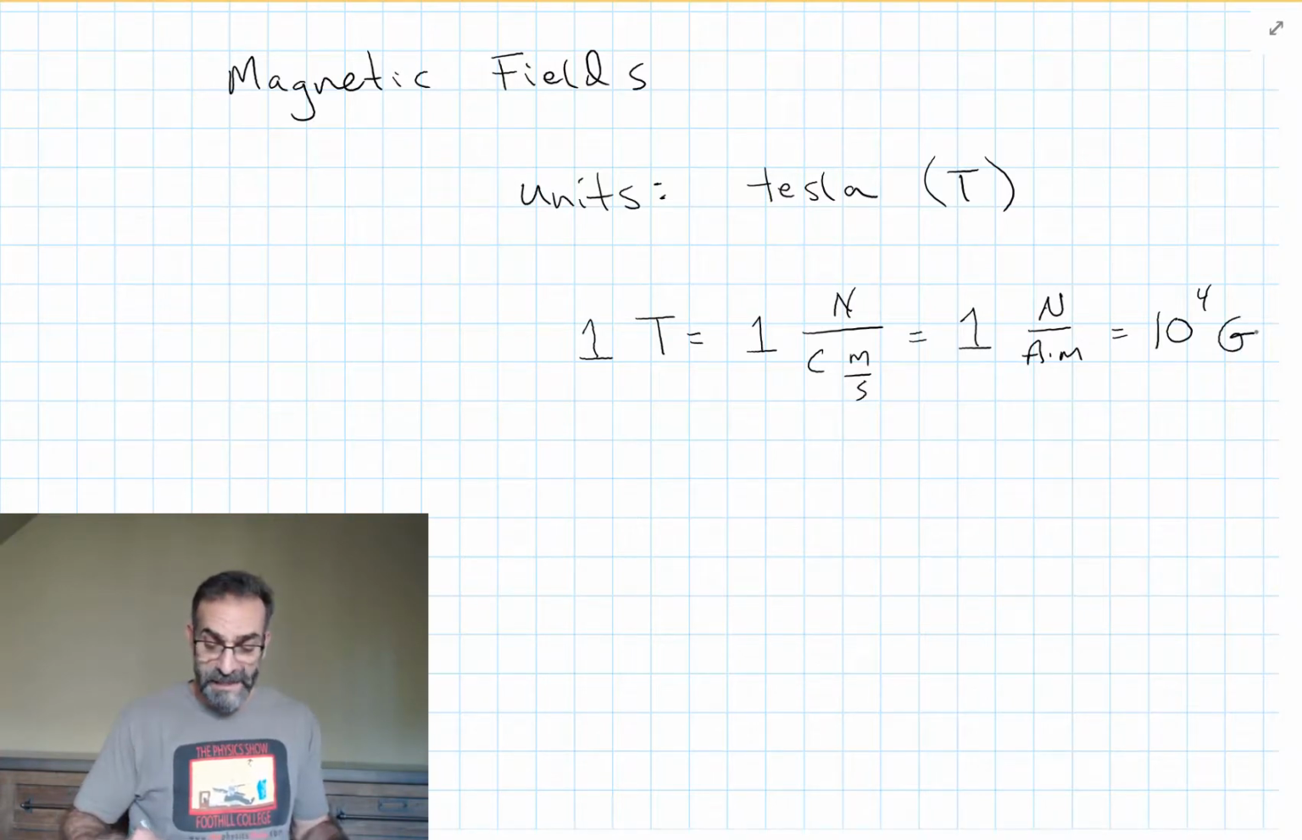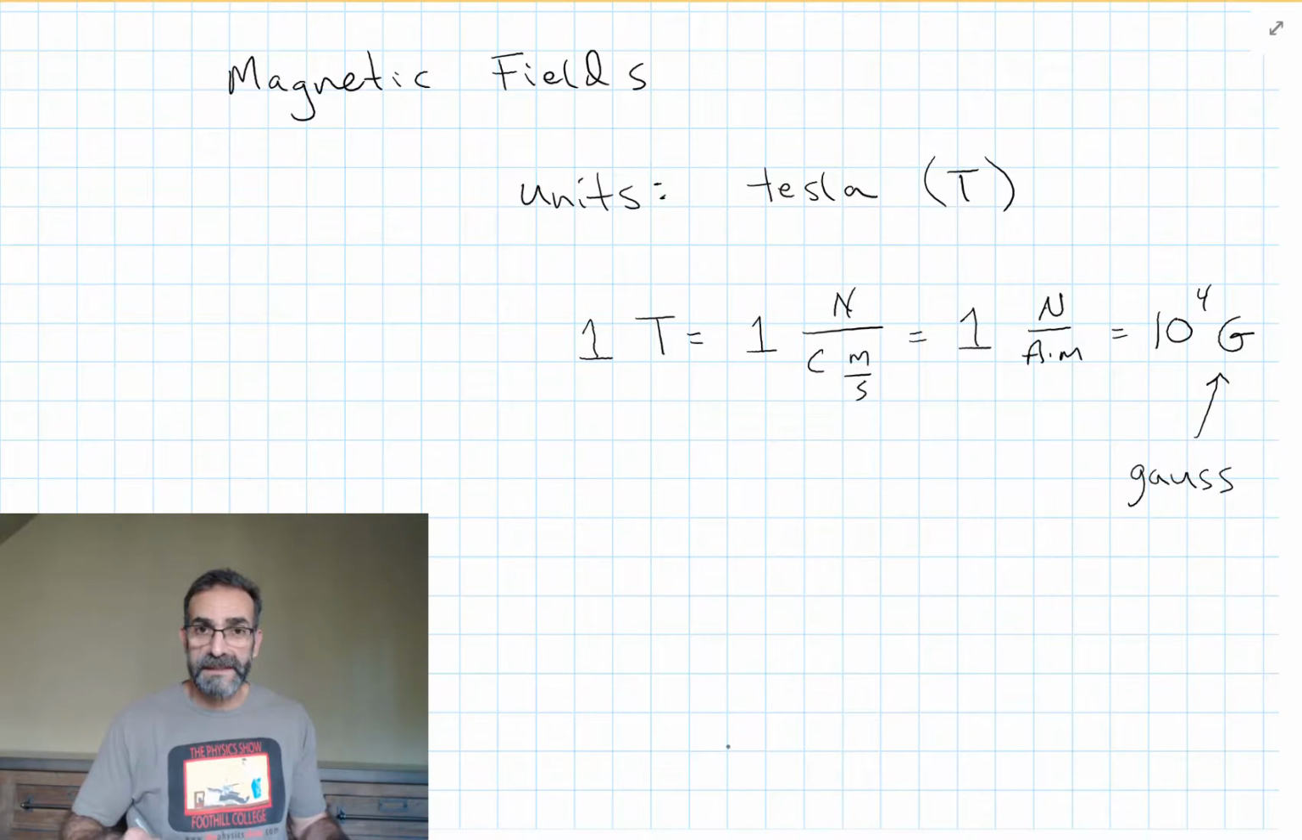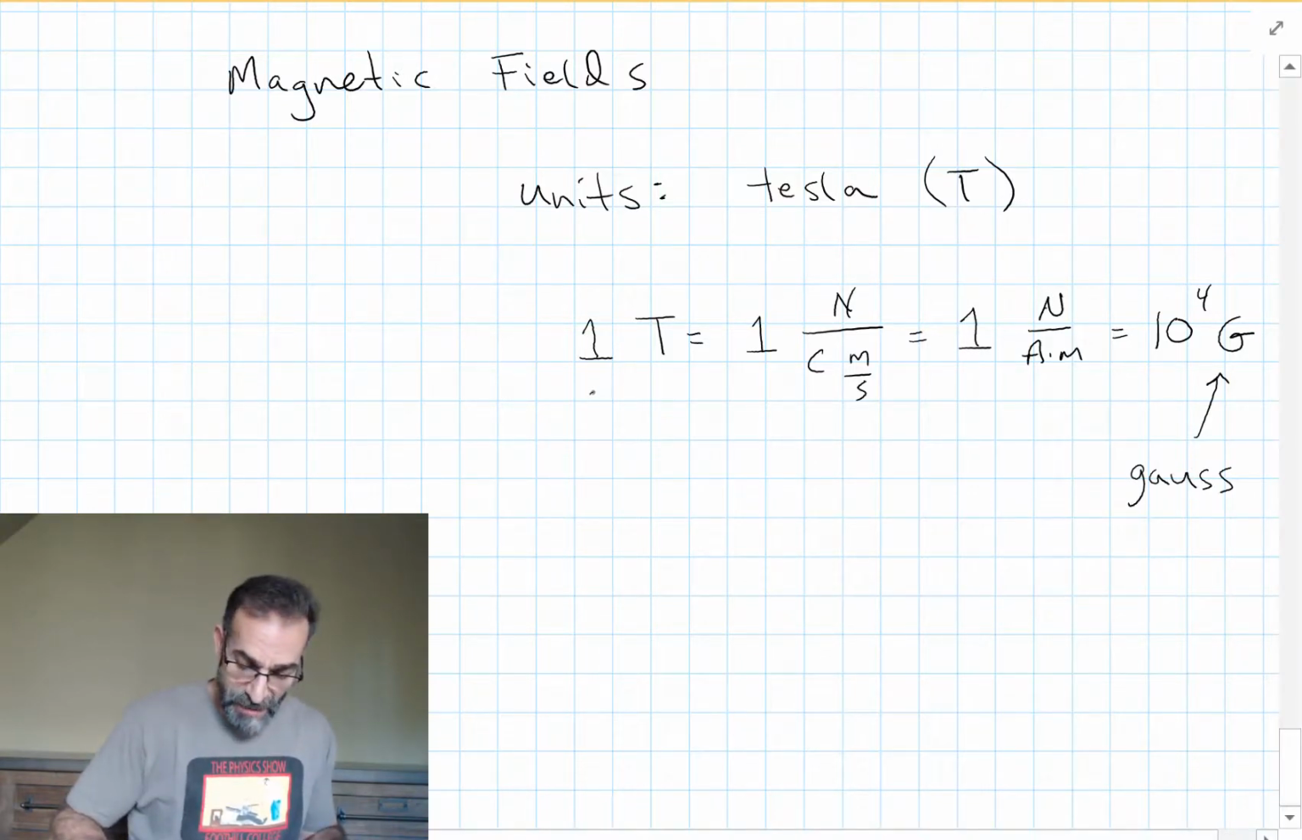One Tesla, if you look back at our equation for magnetic force, must equal a Newton over a Coulomb meter per second. That's the same as a Newton over an amp meter. And another unit we use for magnetic field is the Gauss. People often use Gauss instead of Tesla, which is our SI unit,